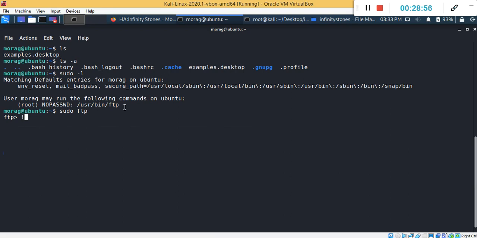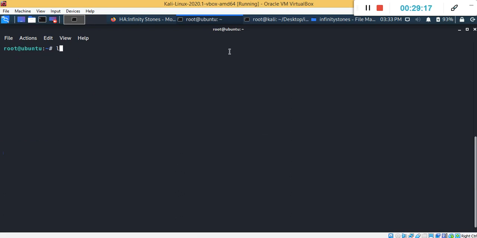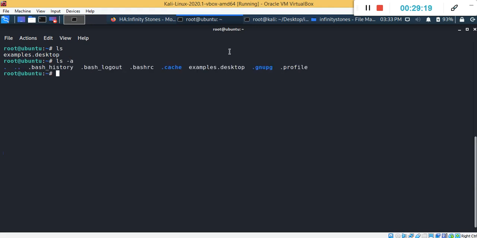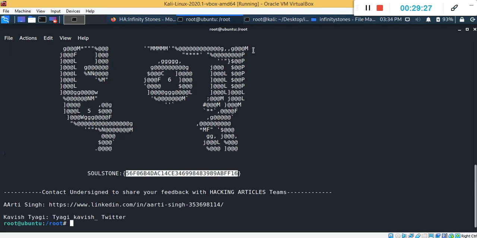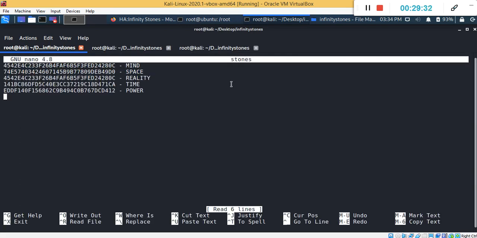In FTP, if we provide an exclamation mark and press enter, the user which is running FTP will spawn its shell. As we are running as a sudo user, which is the root user, if we put an exclamation mark and press enter, it will spawn a root shell. So we got the root shell, and now we have to get the flag. Let's go to the /root directory, and we have a final flag which is soulstone. We copy it, we do nano stones, we paste it,